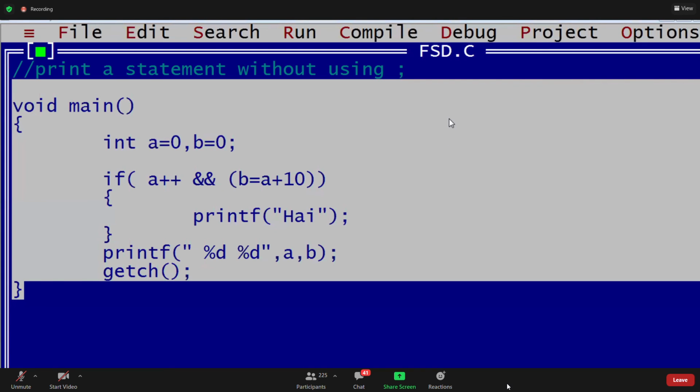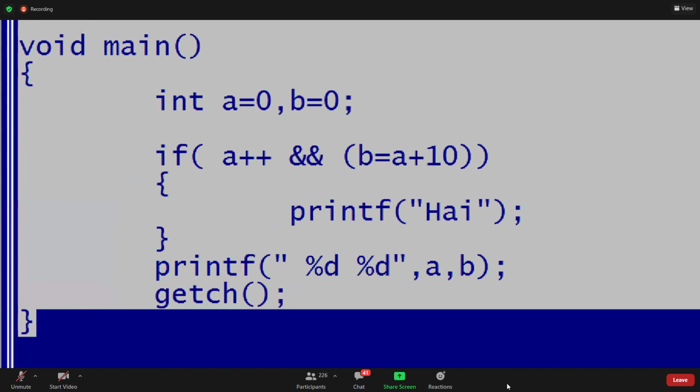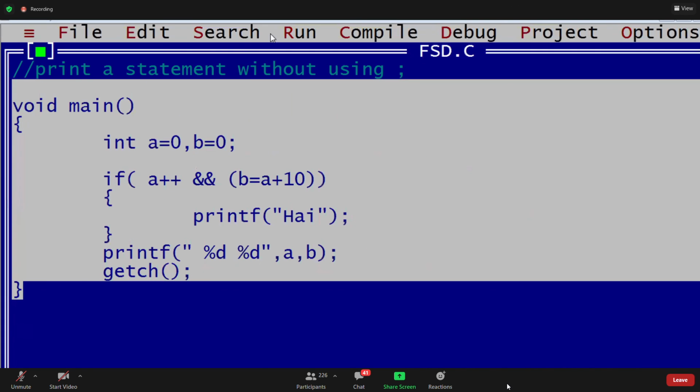For example, A++: first the condition is checked, which is 0, and 0 means false. After that, the A++ value is incremented, but it won't check the second condition and won't print that message. What is the A value? 1. B value is 0. The answer is 1, 0.